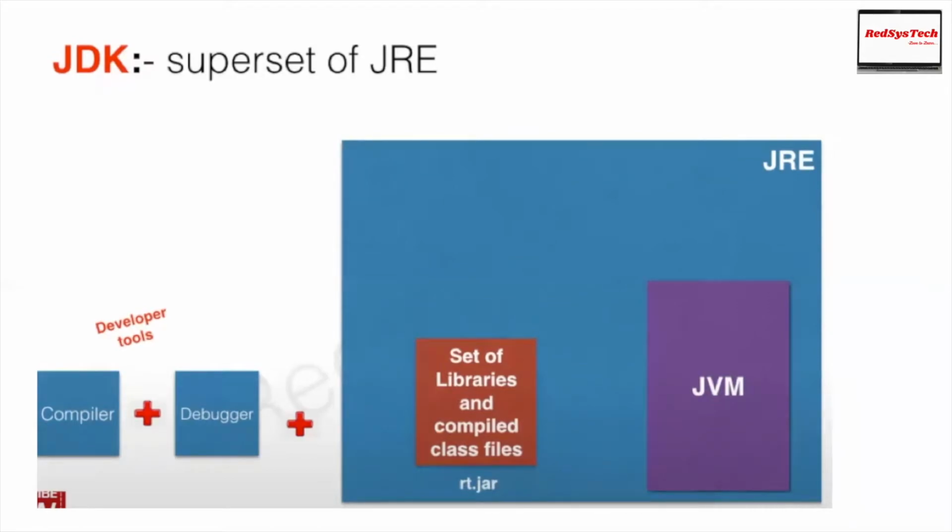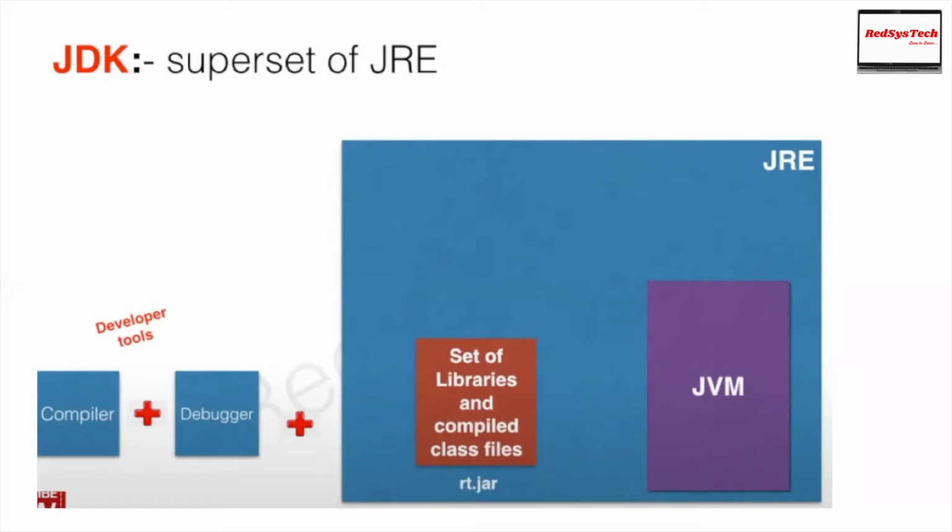So let's say we want to learn Java and we want to develop some programs and execute them, right? Whenever I want to develop some program, meaning I am going to create a class file as .java, and then I want to convert it into a .class file, and that class file I want to execute. Which means you are trying to compile your .java file into a .class file with the help of javac. That is one of the developer tools. So whenever you want to write a program, compile it, and execute it, then you need JDK. You don't need JRE separately because JDK itself contains JRE. So as a developer, we should have a JDK, not a JRE.